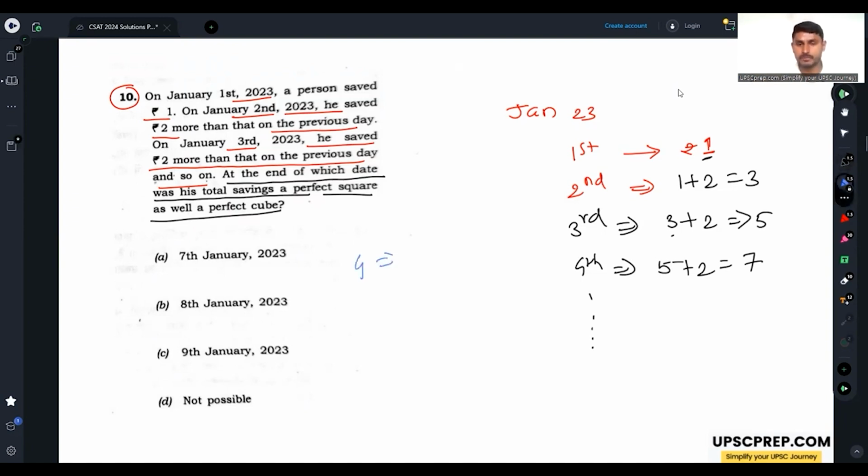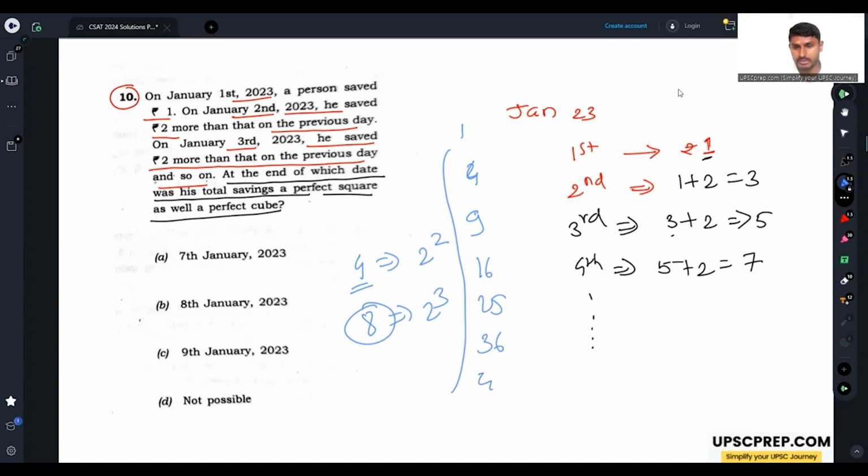For example, 4 is a number which is the square of 2, that is, a perfect square. 8 is the cube of 2, that is, a perfect cube. So we have to find such a number which will be a perfect square as well as a perfect cube. What is the smallest such number? First let's write the perfect squares. 2 squared is 4. 1 is also there, but there is no option on the 1st of January because the square of 1 is 1 and the cube of 1 is also 1. So 1, 4, then 3 squared is 9, then 16, 25,